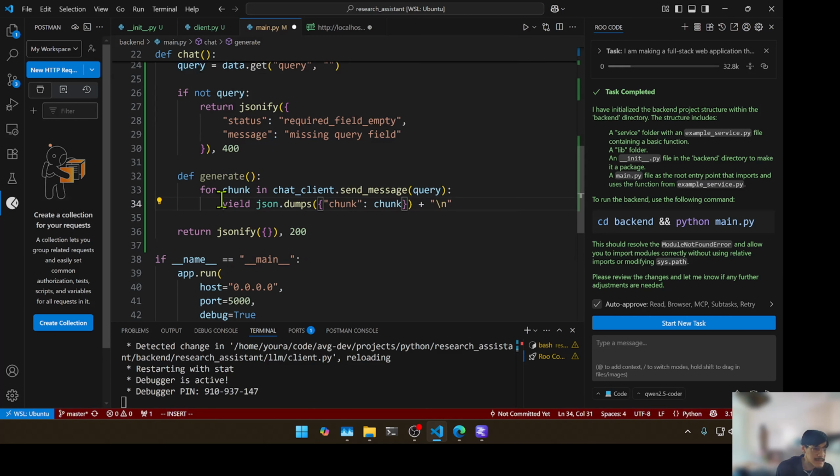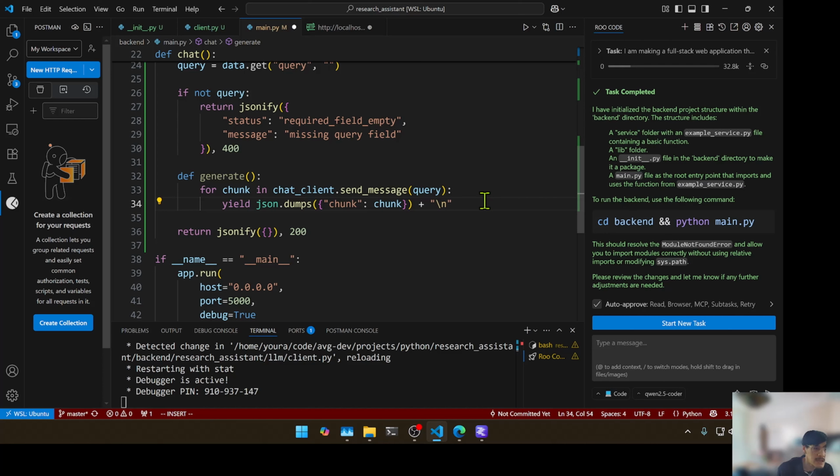Once it does that, this chunk object is obtained, and we can construct a JSON string in this format. It's arbitrary. I decided to just make it like this JSON object the way it is, no real reason. I just do JSON dumps to create a string representation and add a new line at the end,